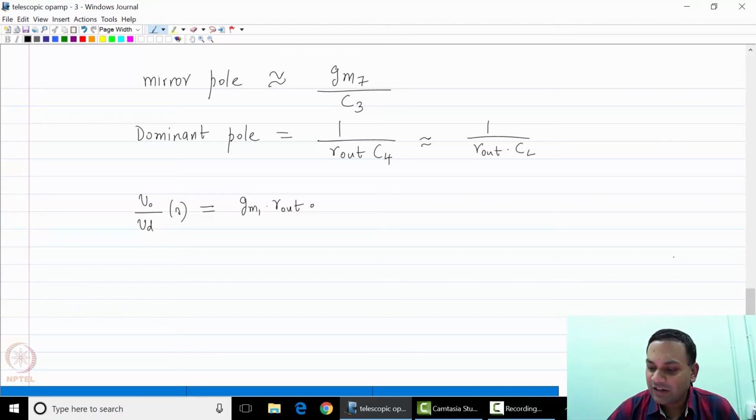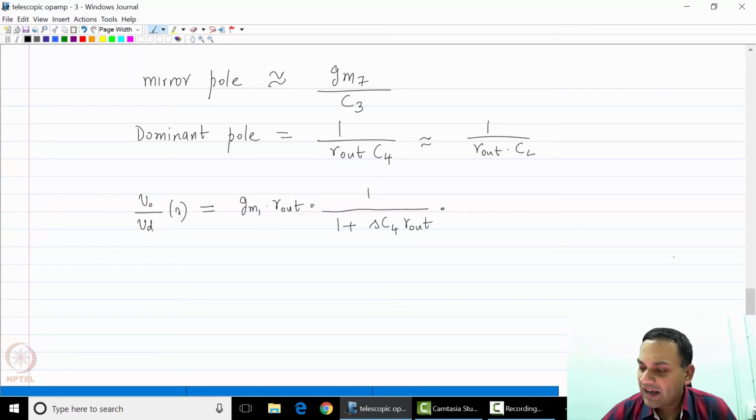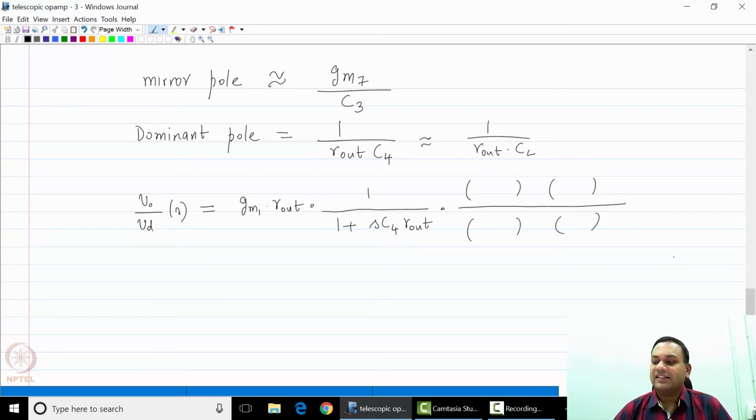I know that I am going to have at least one pole, 1 plus SC4 R out, and a bunch of zeros and a bunch of other poles. So these are the poles and these are the zeros. And since this is the dominant pole of the system,